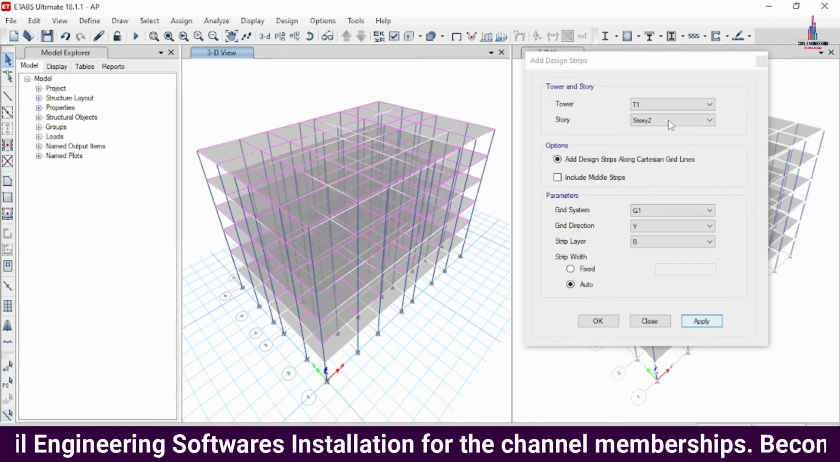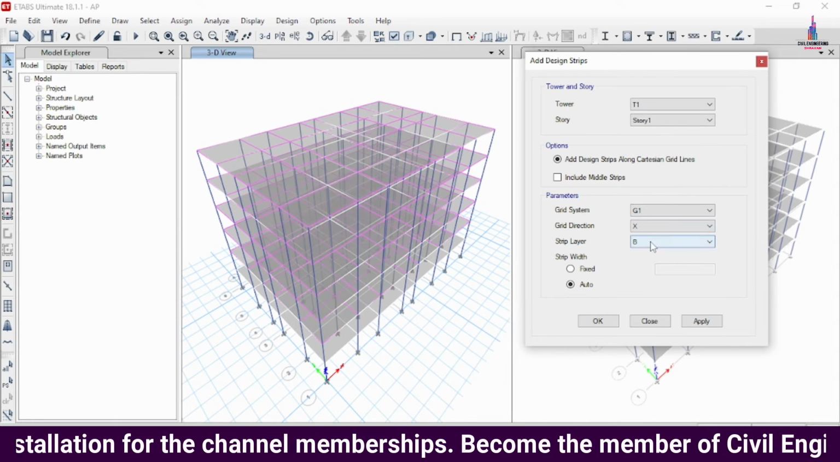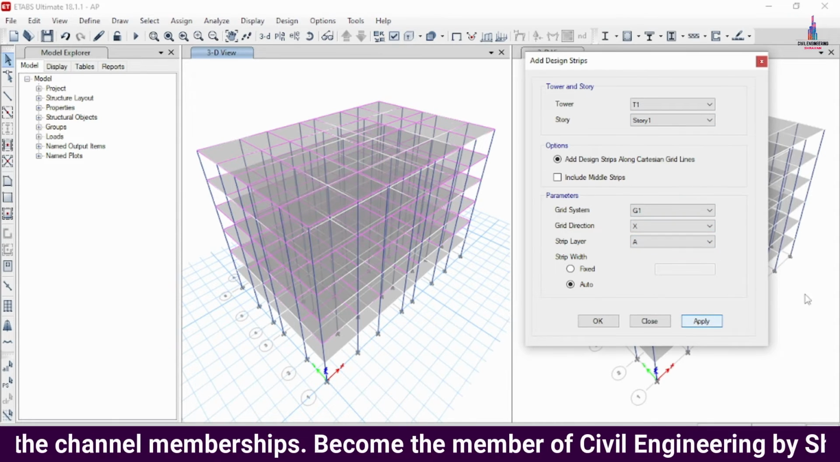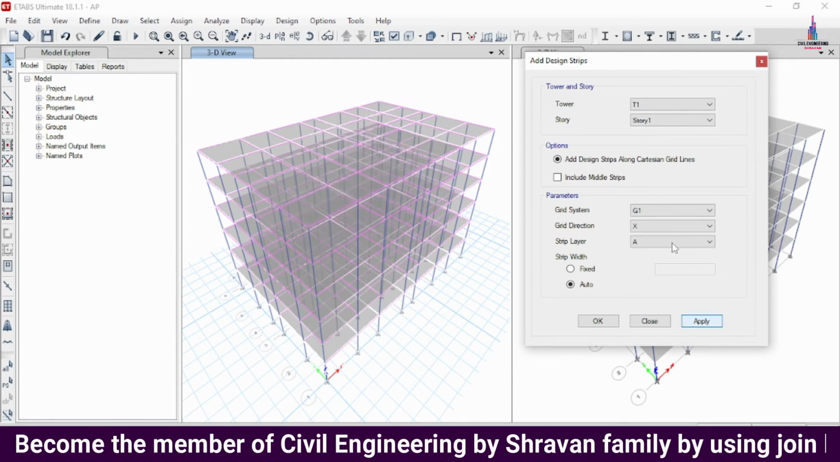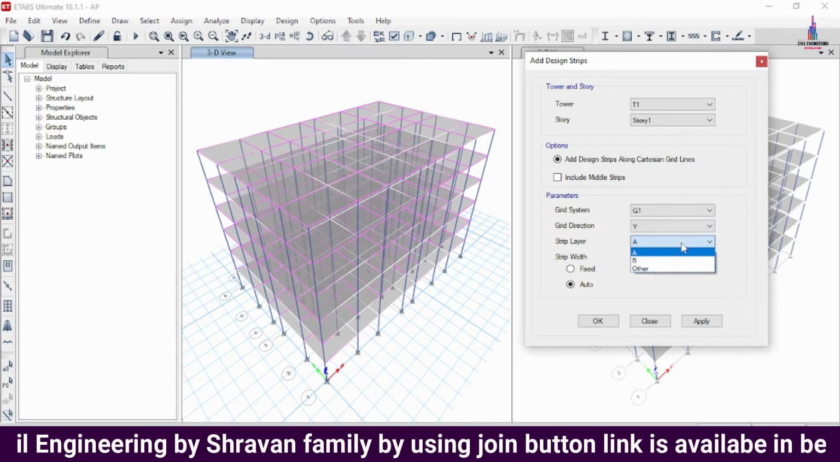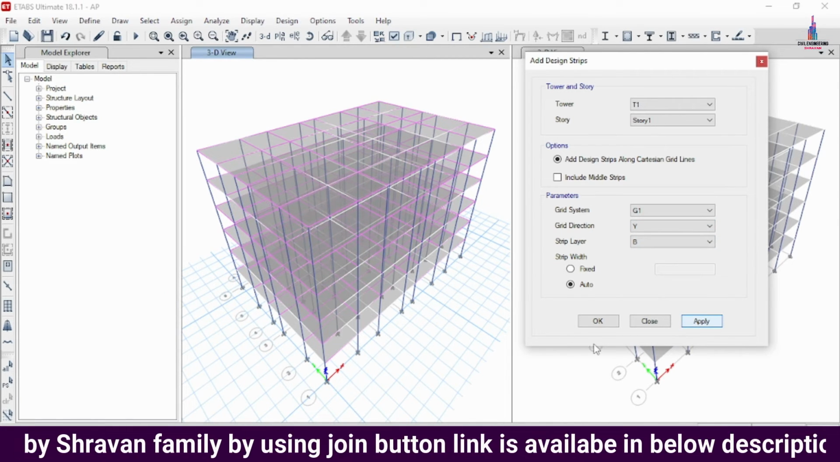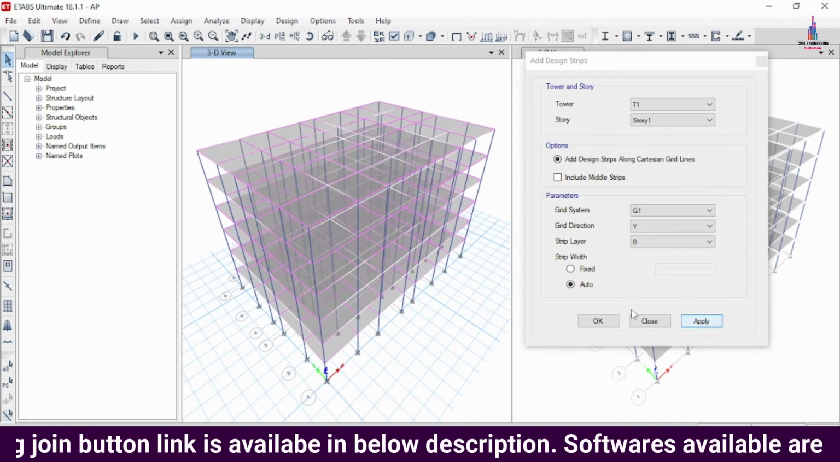In the same process, we will select story number 1, which is related to direction X with the strip layer as A. Apply here, so that it will apply your strip condition system for the horizontal. In the same process, we will apply the grid direction, which is related to the Y direction condition with the strip layer as B. Click on apply option, so that it will apply the grid condition system for the Y direction